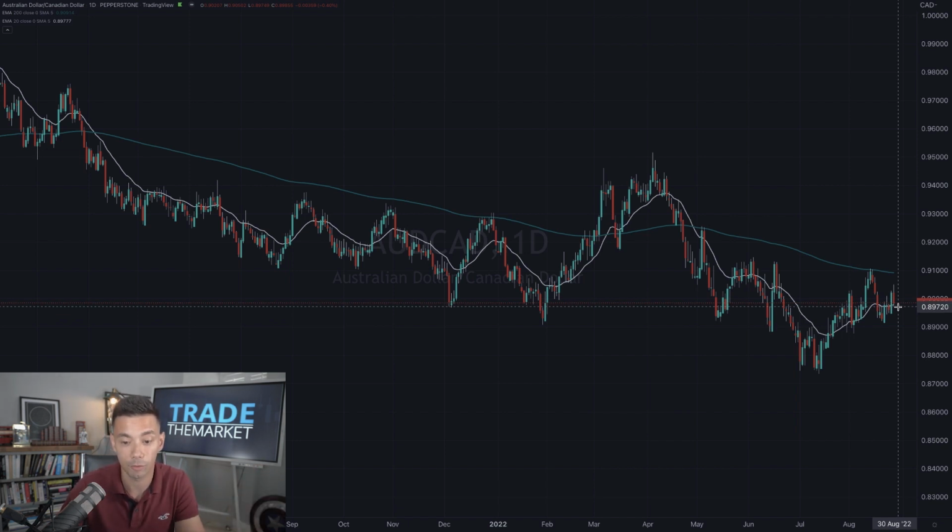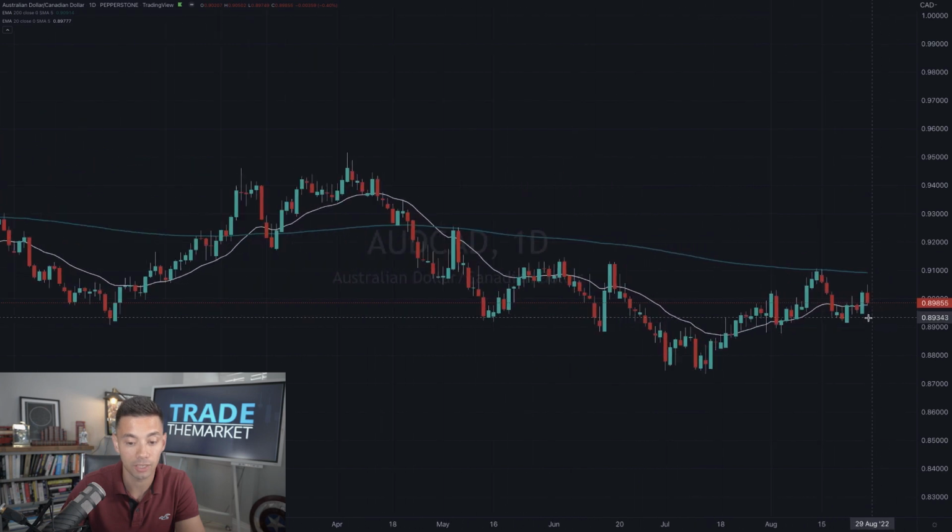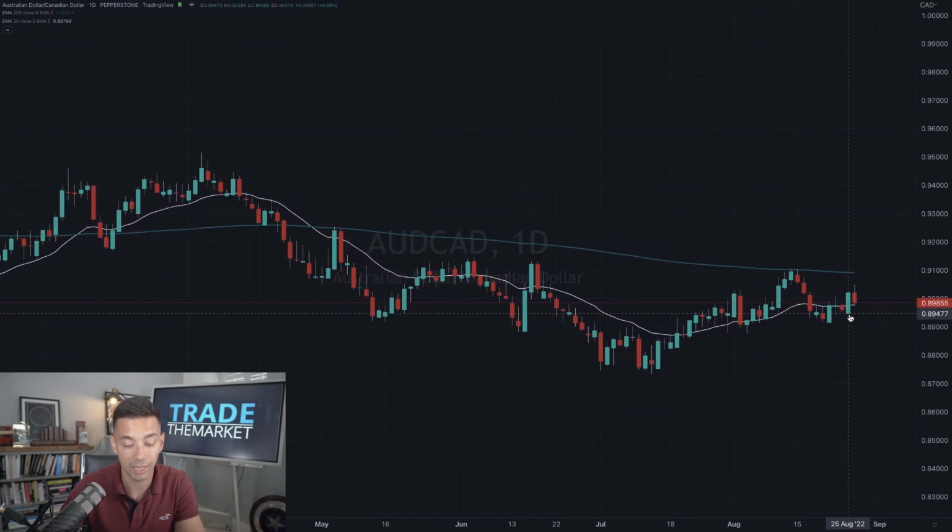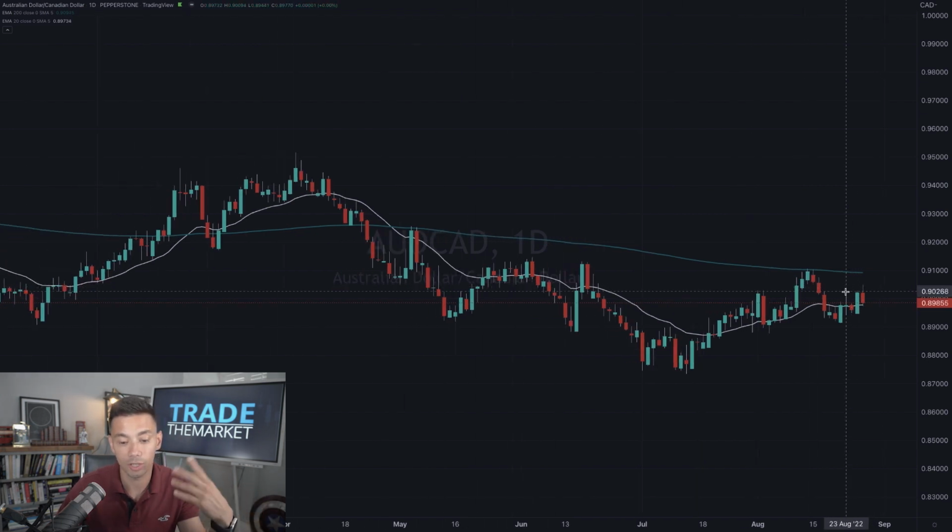So what I'll be waiting for in the Aussie CAD is a nice bearish momentum candle to take us through the low of 0.8946. So this candle here, the previous daily candle, and if we can get that, then I'll be looking for a shorting opportunity. Again, I'm going to be keeping my stops tight, so I'm not looking to hit home runs here. We're just looking to be in and out of the markets very, very quickly. By keeping our stops tight, we're able to take a larger position size. So it's a little bit more aggressive in terms of risk, but it also means that our profits are going to be larger too.